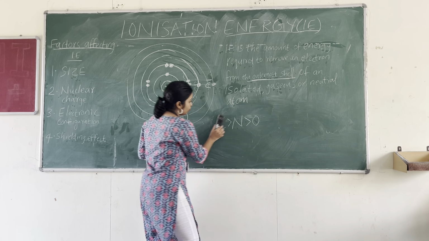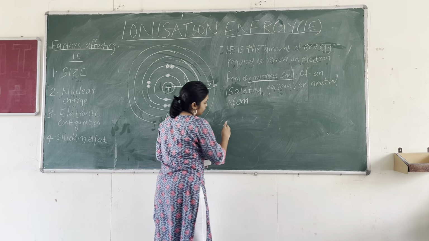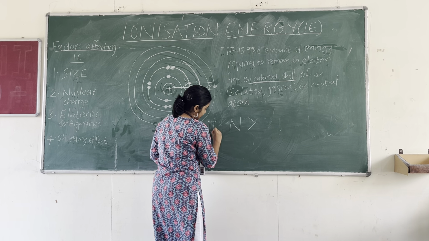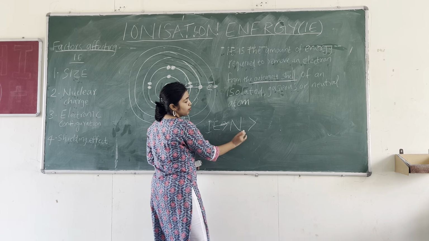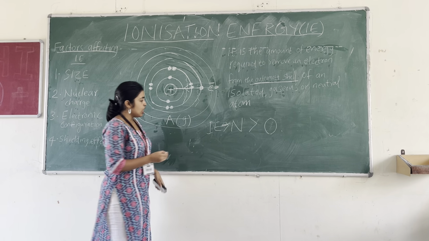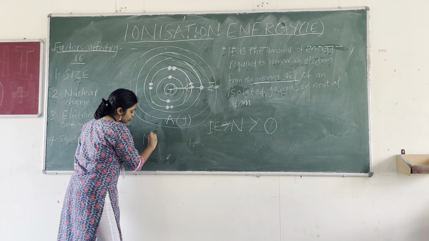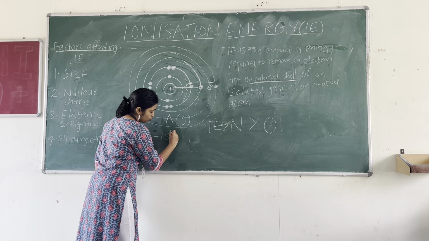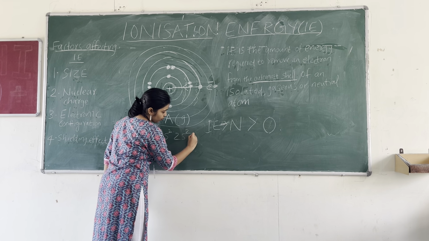But this is not true. Actually, nitrogen has more ionization energy than oxygen. Why is it so? Let's take nitrogen. Nitrogen has atomic number 7. 7 means 1s2, 2s2,